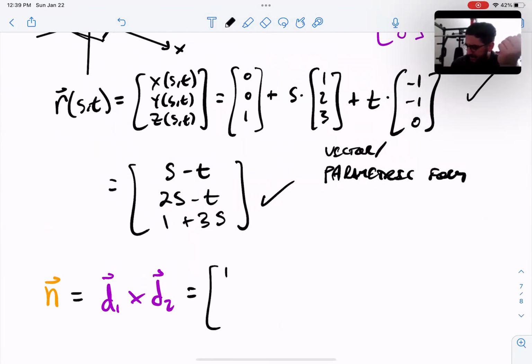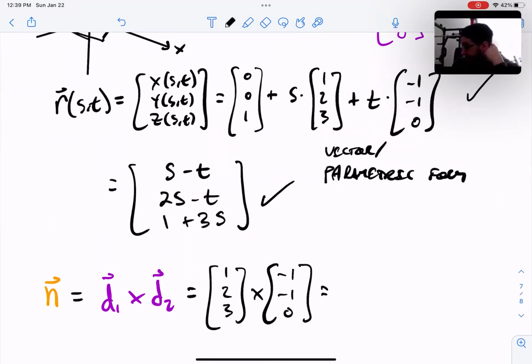So that's what I can do here. 1, 2, 3, cross -1, -1, 0. So now we do our cross product. Okay, so what do we get for A? I'm just doing the standard vector cross product. 3, 3, and